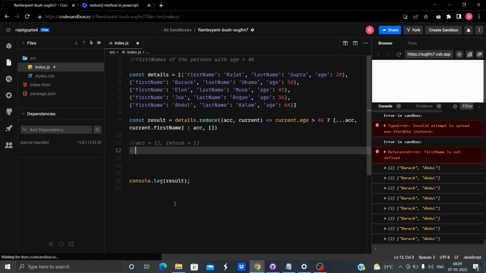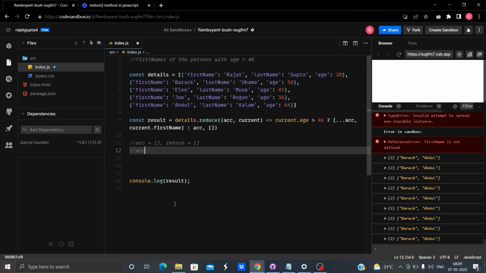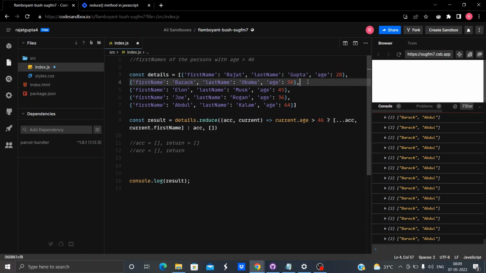Now whatever is returned in the previous iteration will be the accumulator for the next iteration. So accumulator will be this, and now this is the current. Again we'll check, is current dot age greater than 46? Yes, it's 50.